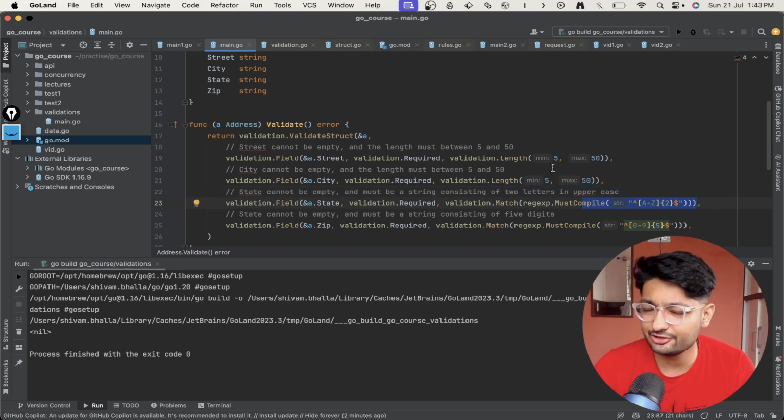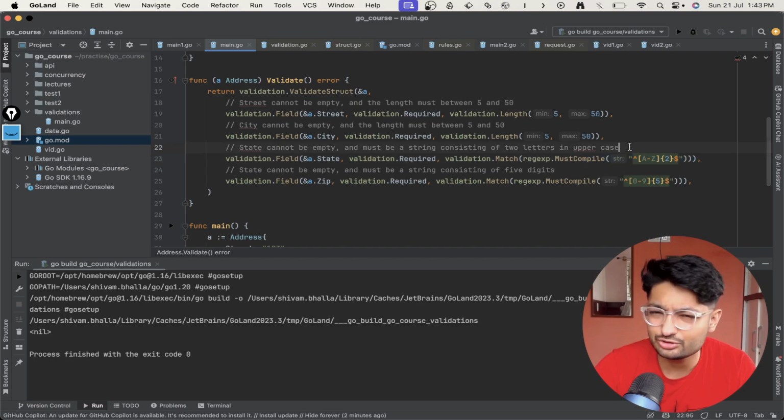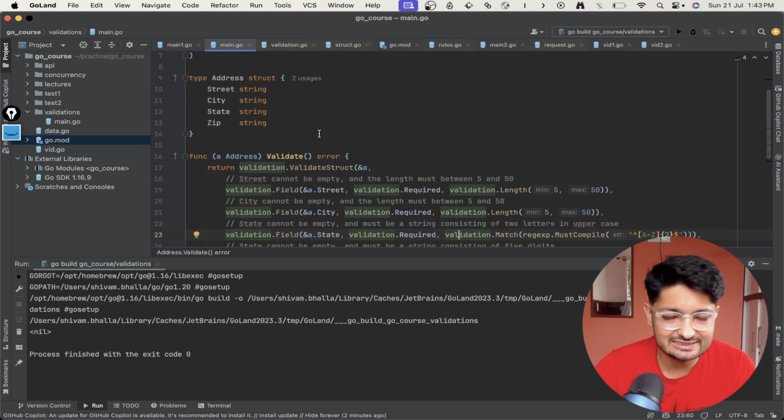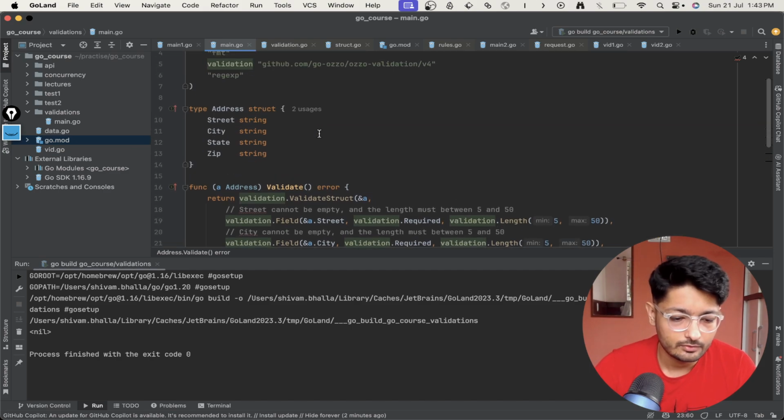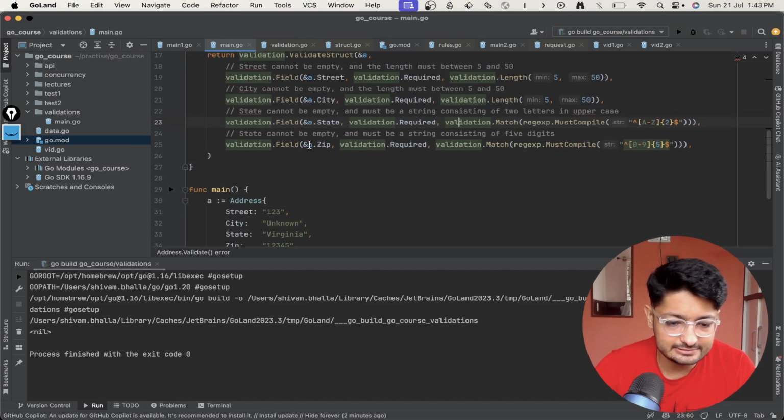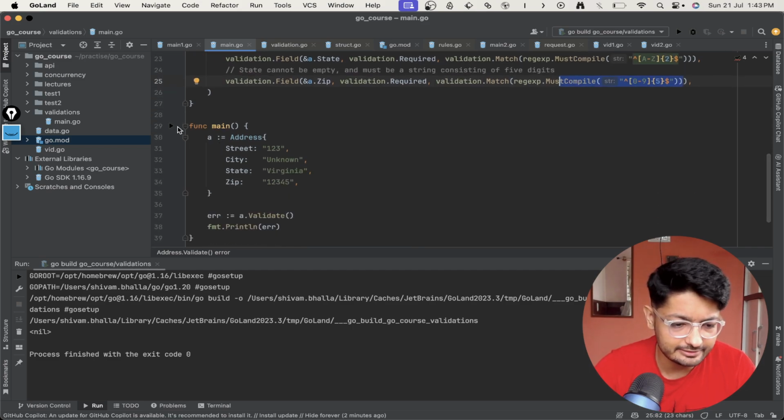You can get your regex done using ChatGPT. It is very simple. But the thing is that if you have a regex, you can directly match whether the input is following a certain pattern. Okay, and then this is the zip, and you can get the zip here. So what you can see is that if I run this out,